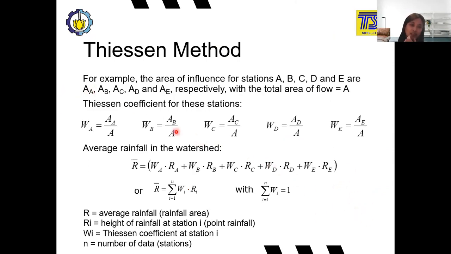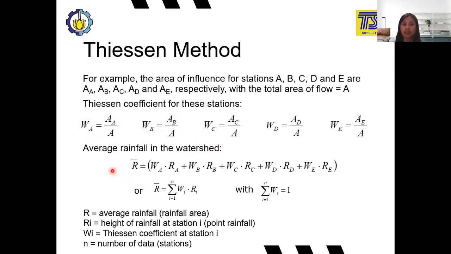So the Thiessen coefficient would be the weighting factor, the W. Each station has its own weighting factor or Thiessen coefficient. Here we have the area of influence of station A divided by the total area. And the weighting factor of B is the area of influence of station B divided by the total area. And then